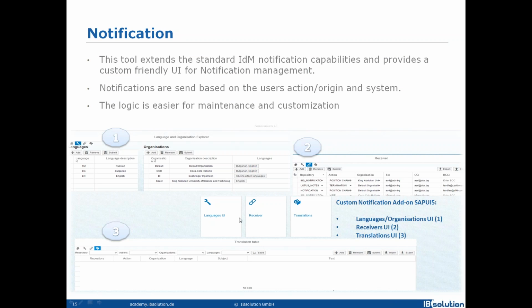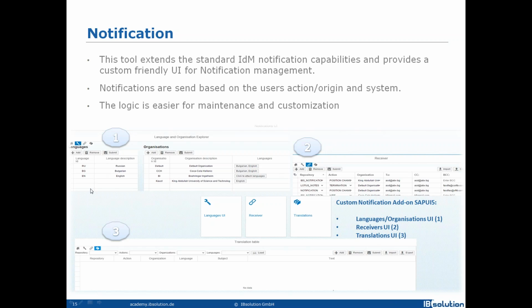Here we have to distinguish UIs. The language organization UI. As you can see here, we can predefine languages and organizations here. The available languages are only the ones existing in IDM.